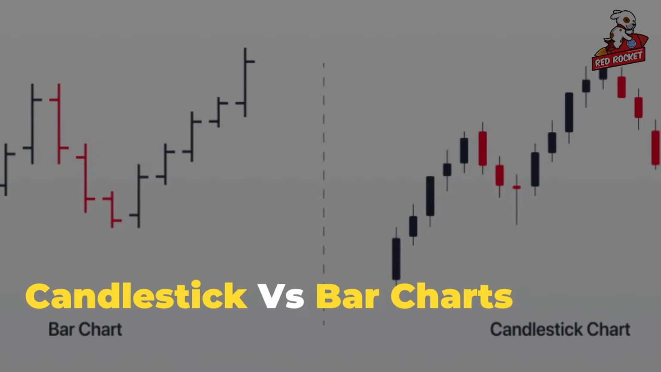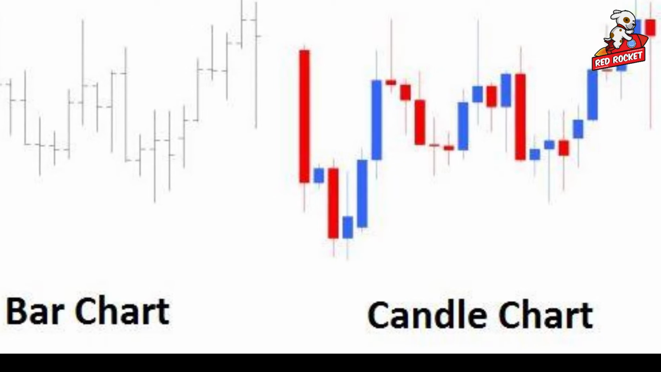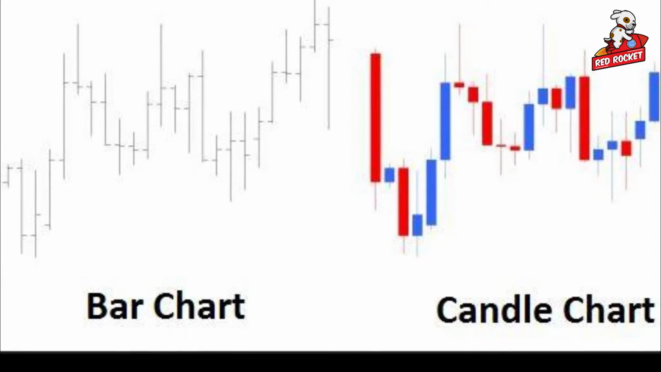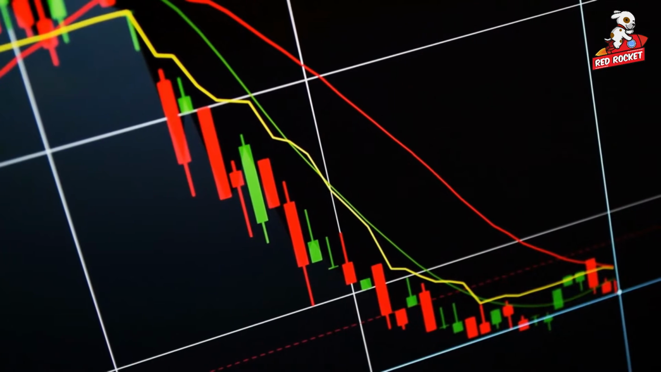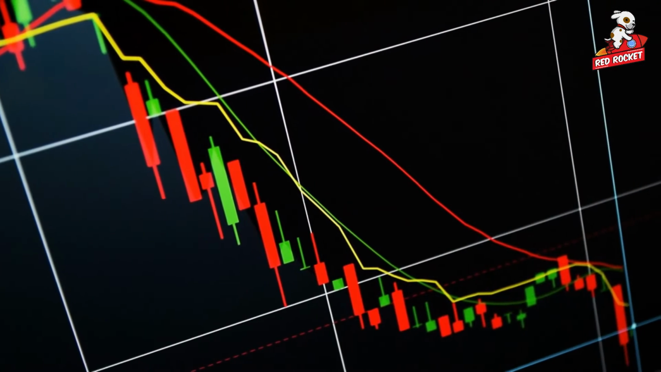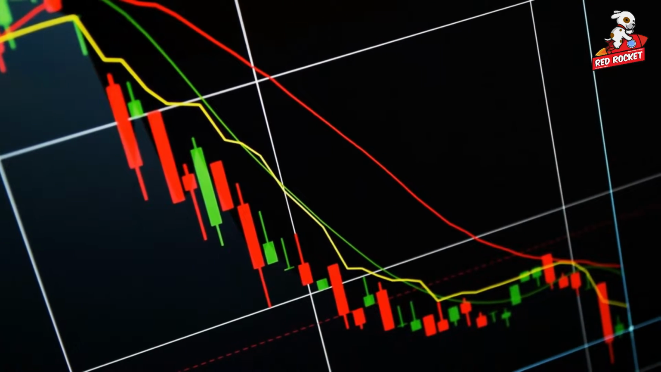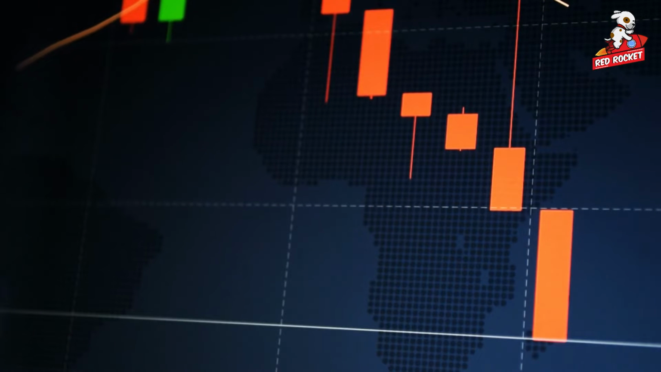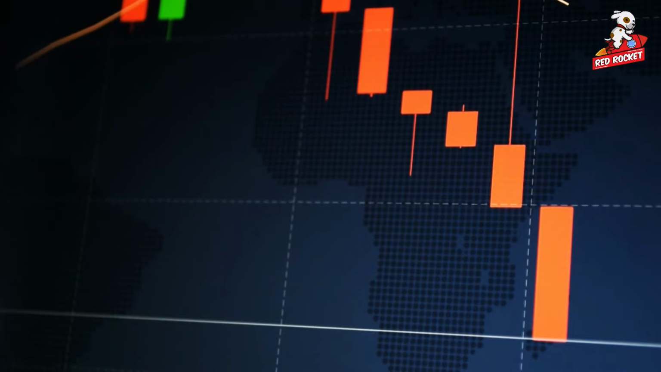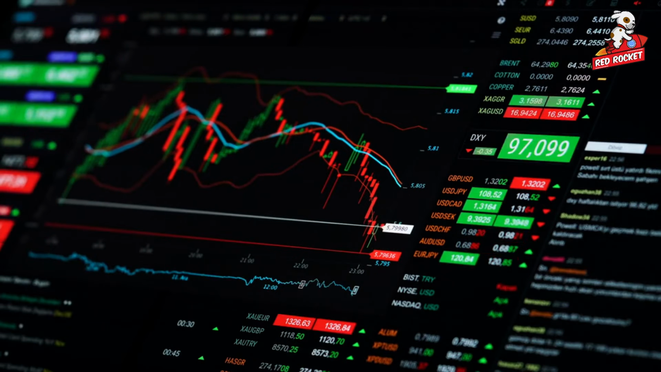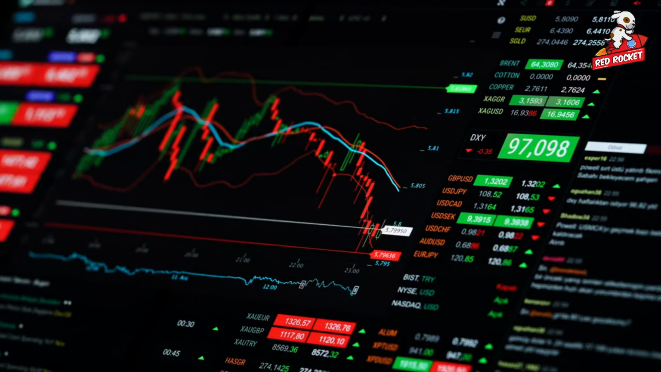Candlestick versus bar charts. Ideally, candlestick charts and bar charts indicate the same information, just in a different way. Candlestick charts are, however, more visual due to the use of color coding to represent the price bars. They also have thicker real bodies than bar charts, which is way better when indicating the difference between the open and close prices. Above and below the real bodies are wicks or shadows, indicating the day's trading's high and low